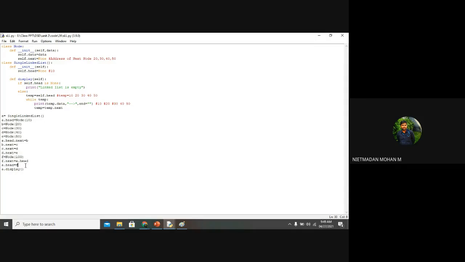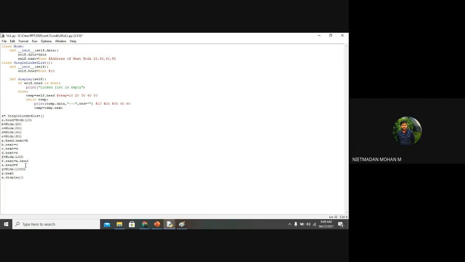So if suppose I want to insert another node at the beginning of 100, what do I have to do? G is equal to node of 1000, right? Is that right? Yes, sir.